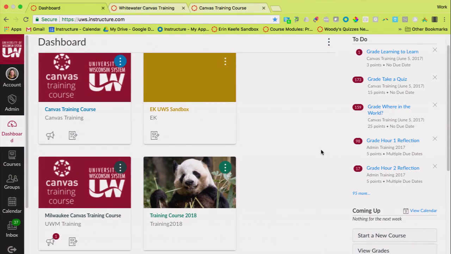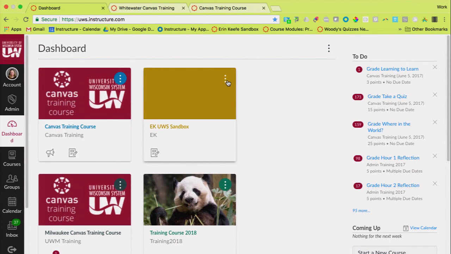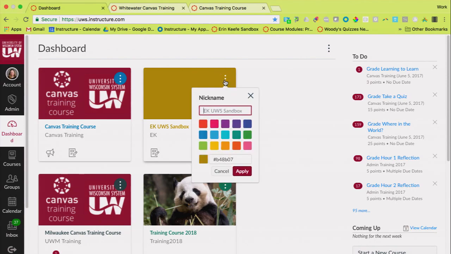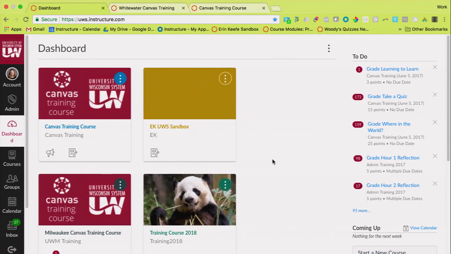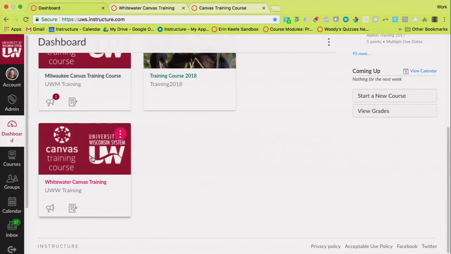None of those are going to be used with students. Now, you'll see that the colors for your courses are probably different than mine here. I have a sandbox course that has this color, I don't know why it shows up. This is the ugliest color in the whole scheme. So the training course has an image that goes with it, and that is something that instructors can create for their courses.